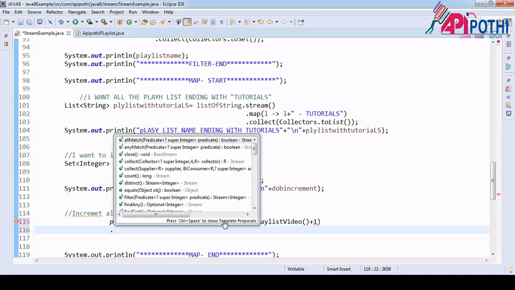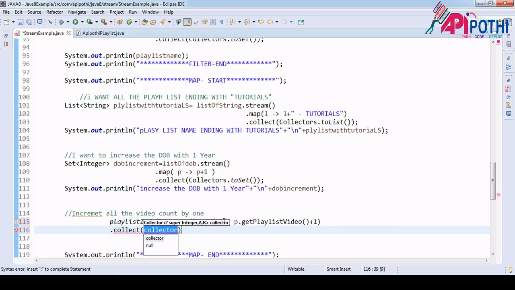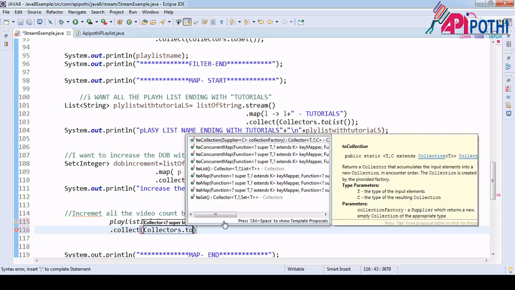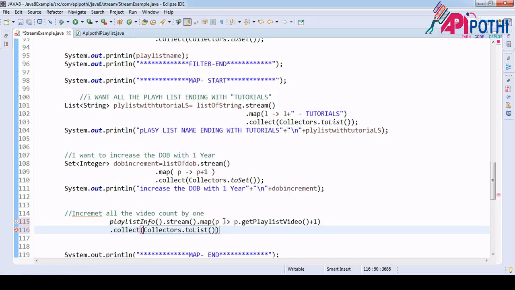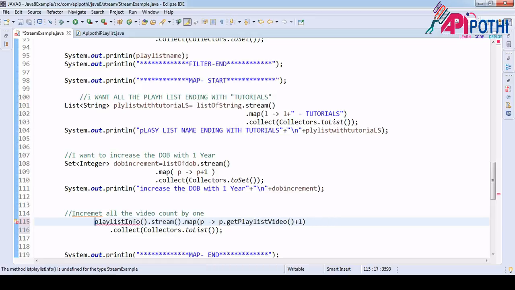After increment, I want to collect the data. Where do you want to collect? Collectors dot to list. Now list of which type?